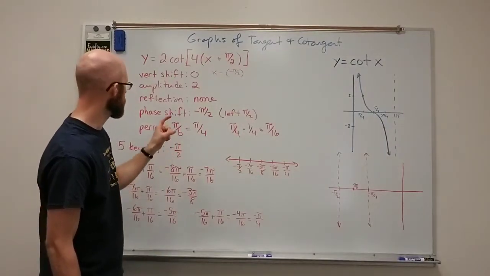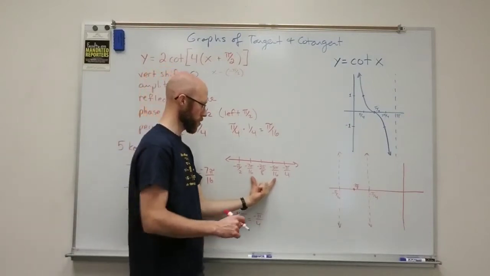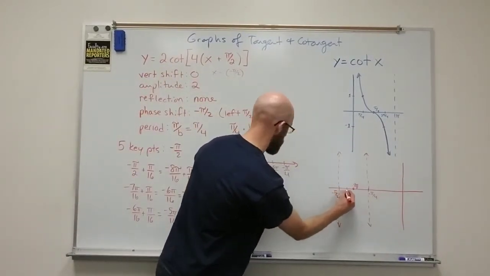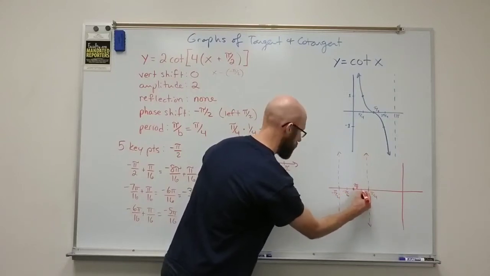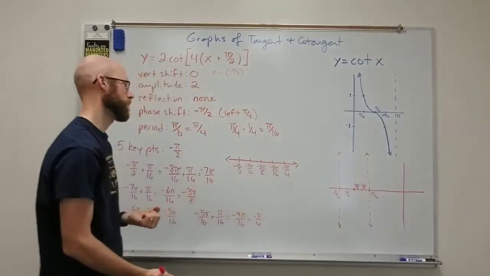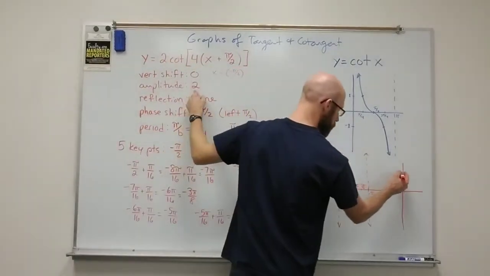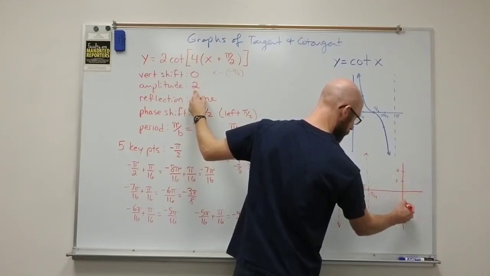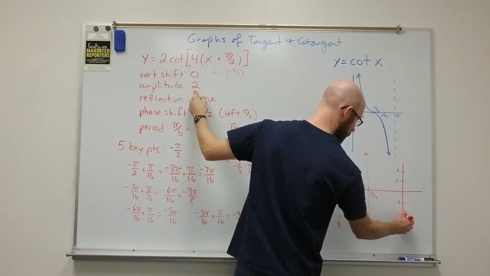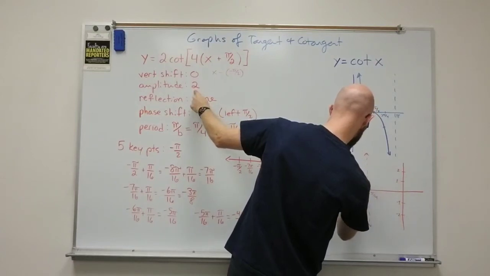The main things I need yet are the amplitude and the other two key points, which are my 16ths here. So I have a negative 7 pi over 16 and a negative 5 pi over 16, and I need to get an amplitude of 2, so I need to go a height of 2 here. So I'll make that 1 and then 2, and then we'll go -1 and -2. And so up here at 2, if I follow that across,